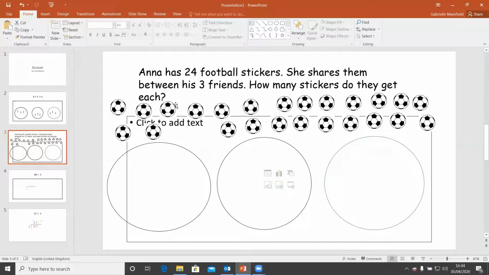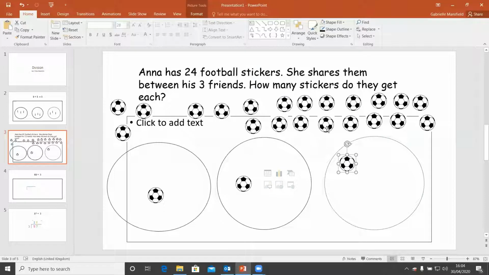So I can have a look at this question and see that there are 24 football stickers in total, and she is sharing them with 3 friends. I have put some footballs here to represent the 24 football stickers that she already had. And I again have drawn 3 sharing circles to represent the 3 friends that she is going to be sharing them out between. So just like before, I'm going to drag my football stickers out equally into each sharing circle,